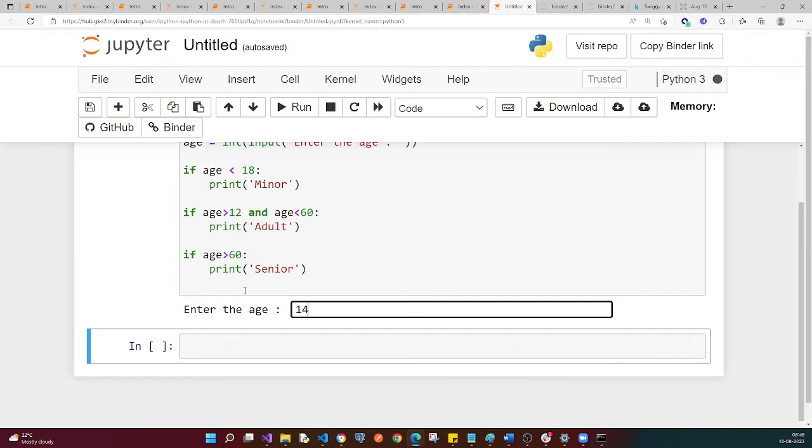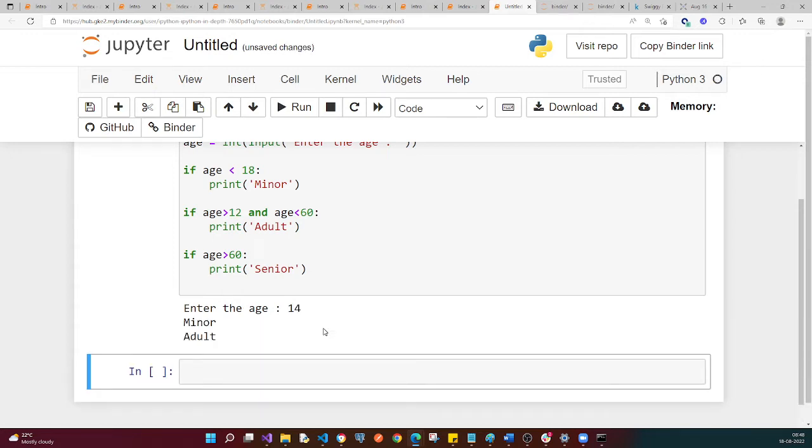Will it go and print? It will print. It is checking both the conditions, right? That means the code which I have written, these are three independent conditional statements, right? So it will always go and check all the three conditions,